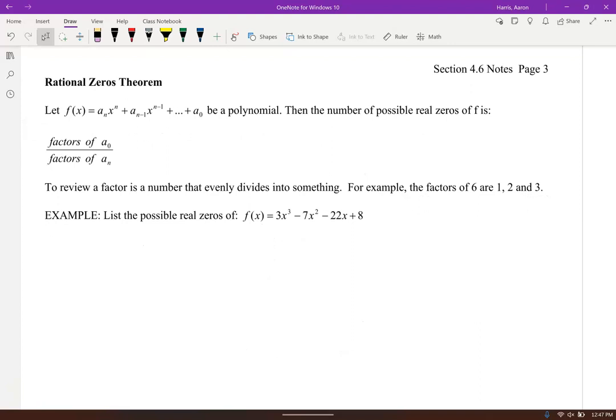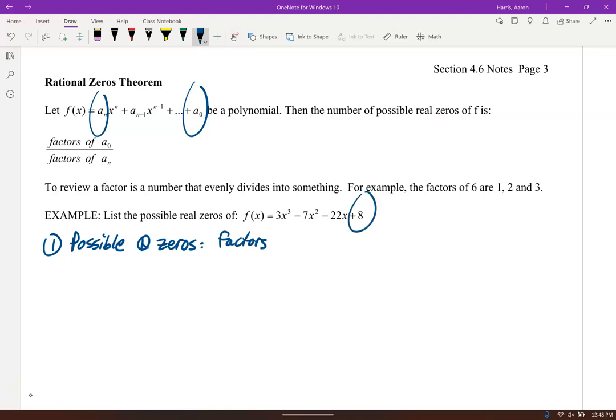All right, the rational zeros theorem. This is handy when you're starting out and you're not given any zeros because you can make a list of possible zeros. And so it'll be factors of the constant over factors of the leading coefficient. Okay, so number one, let's list the possible rational zeros, that's the term for rational zeros. So it'll be factors of the 8 divided by factors